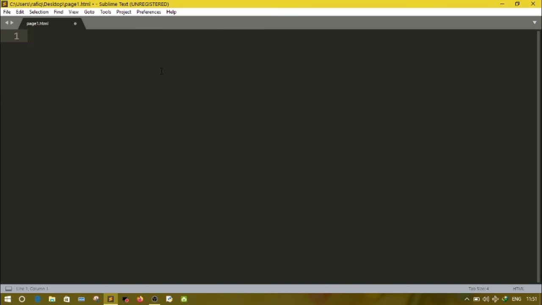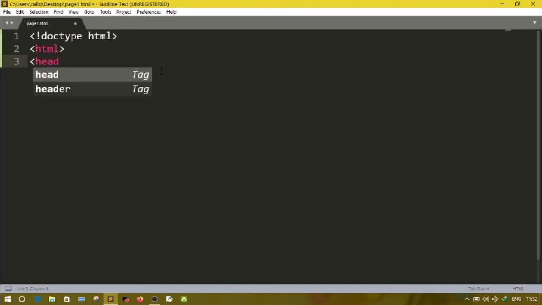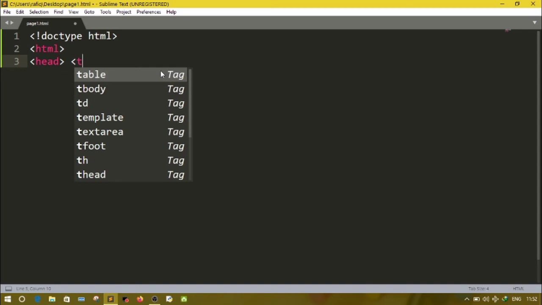Suppose we have a simple page. First line is doctype. The exclamation sign is needed before it. Then HTML. Second line, HTML. Third line, head. Then title.